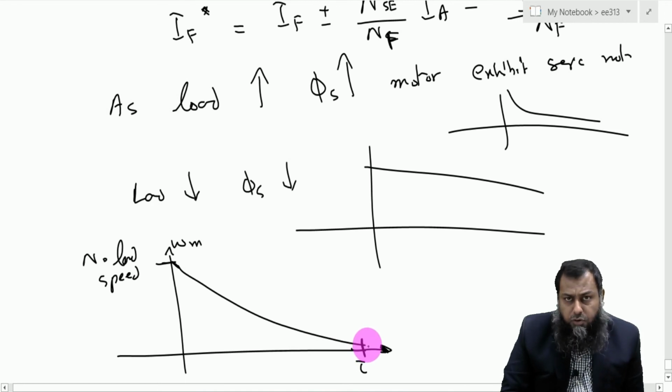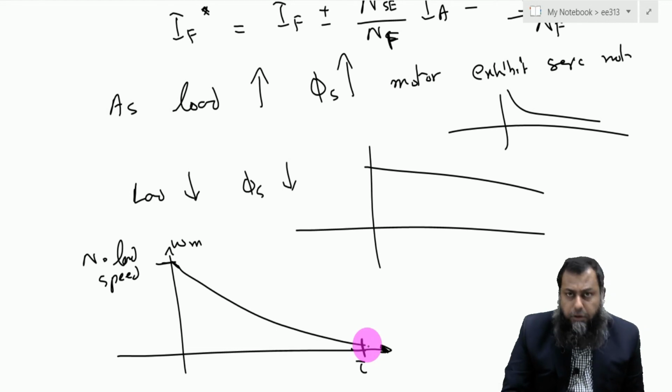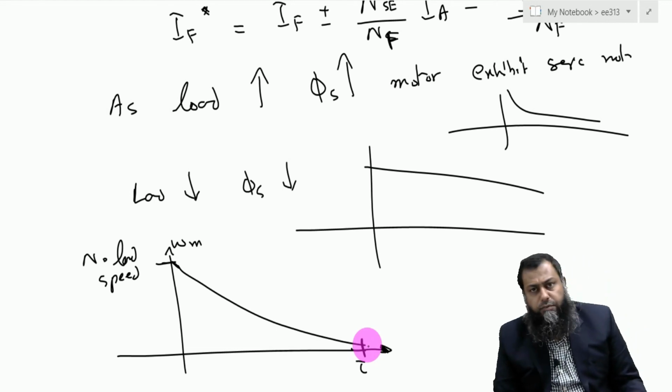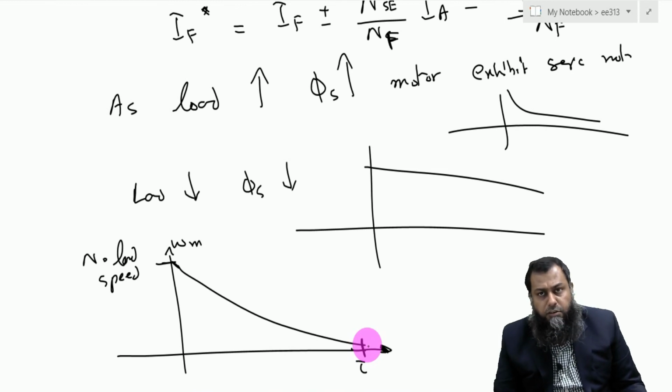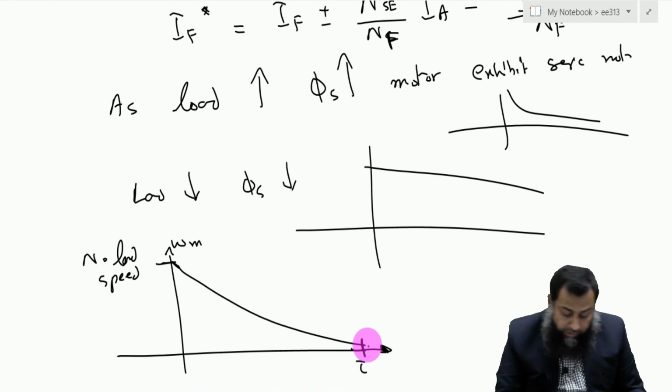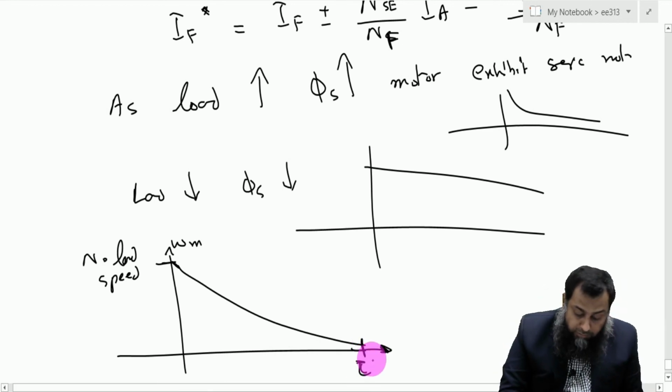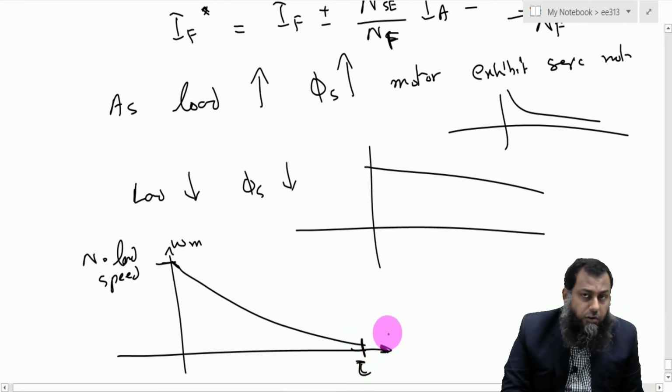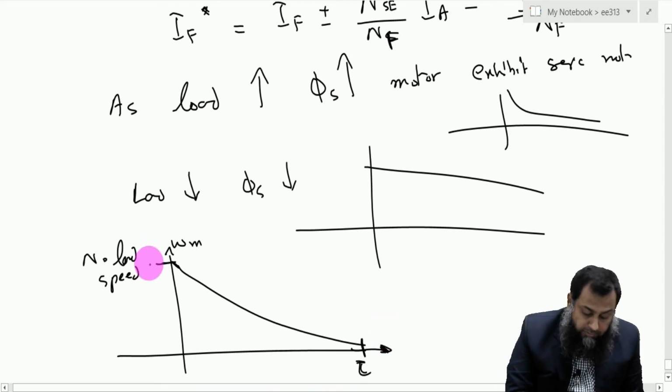a series motor, and you know that the series motor induced torque is proportional to the square of the armature current. And because at the no-load condition we do not have the armature back EMF, Ea is approximately equal to 0, and consequently it enjoys the behavior of a series motor when it is heavily loaded, and when it is lightly loaded, it behaves in a similar fashion to the shunt motor.